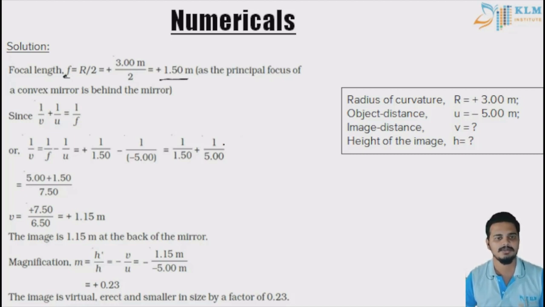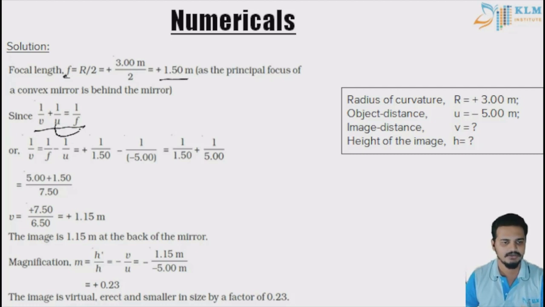We also know the mirror equation, which is 1 divided by v plus 1 divided by u is equal to 1 divided by f, this particular expression. We can rearrange the terms. We can put 1 by u on the right hand side so that we can find 1 by v, because we need to find v here. Here I've written down what we need to find. You can just substitute and simplify. We'll do that.